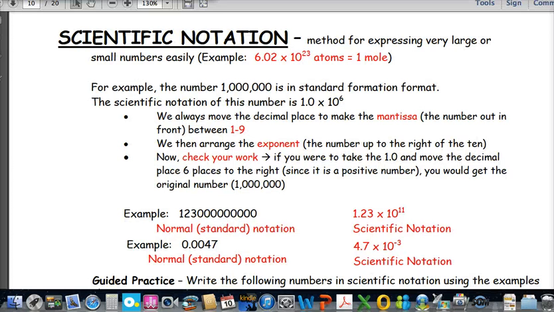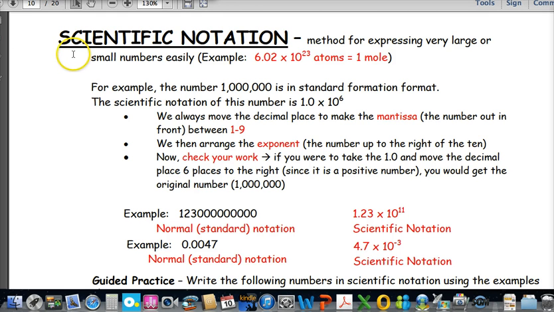All right, so here we are with Unit 1, Lesson 4, and we're going to look at just one topic in this lesson. We're going to look at something called scientific notation. They're not big on it on the Regents exam, so we're not going to spend a lot of time on